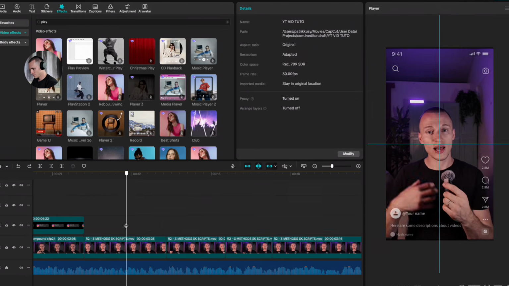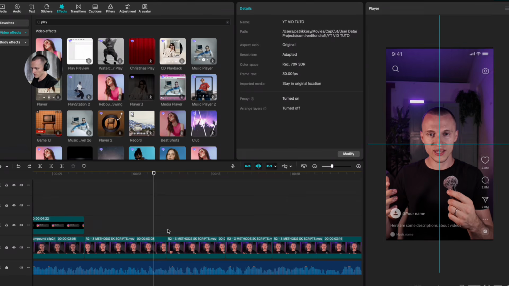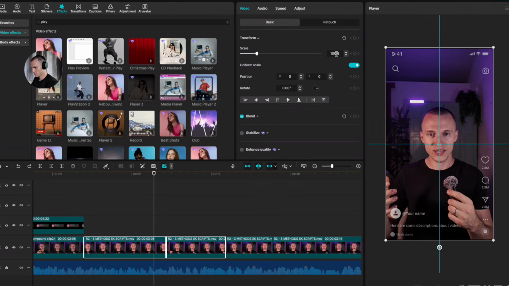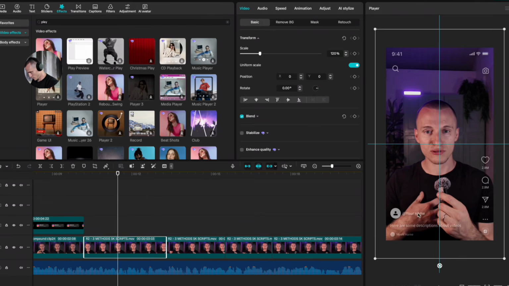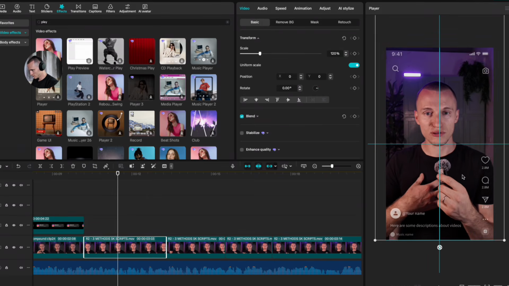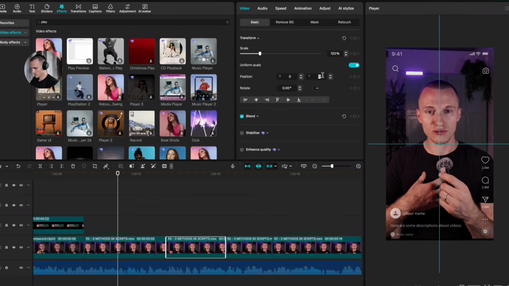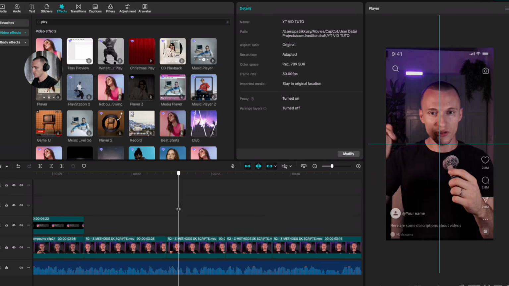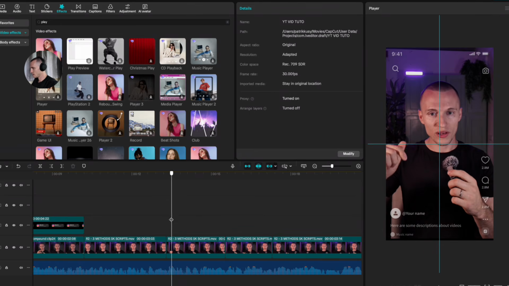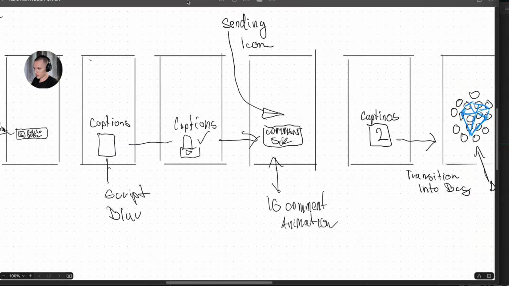And right now, this part where I'm talking about the script, just select both of these clips and increase the scale on 120 and bring this clip a little bit higher into something like this, and make sure everything is in the center. So it's on position 43 and 395. And let's do the same with this clip as well. So now when we have these two clips positioned the same, we can start adding animations,